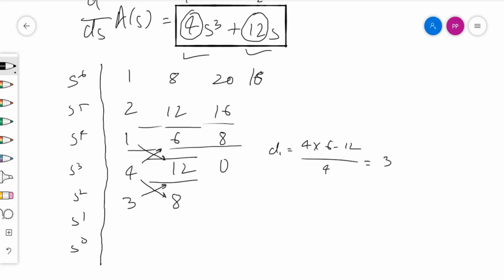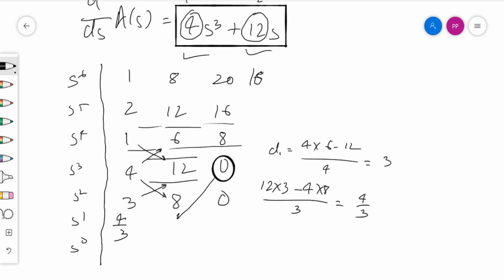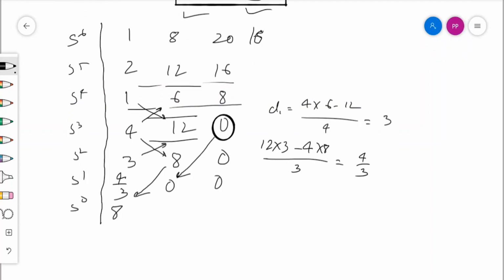So here we get 12 into 3, 12 into 3 minus 4 into 8 divided by 3. So 36 minus 32 is 4 by 3. So we can write over here 4 by 3. So when this element is 0, this 0 comes over here. So it becomes 0, and this is 0. So this element comes over here. So it becomes 8, like that. So from here we can find out certain values upon the